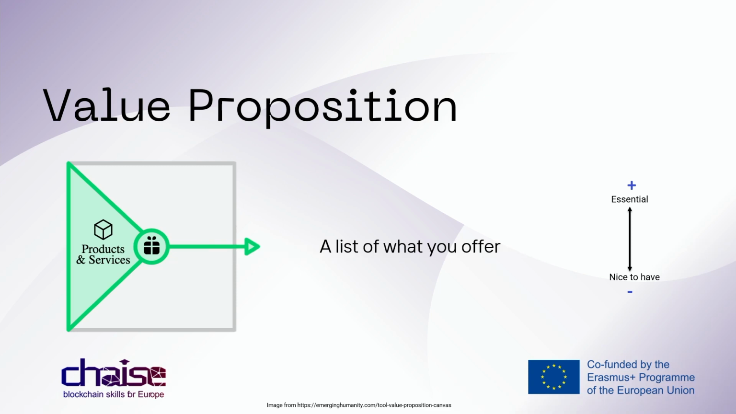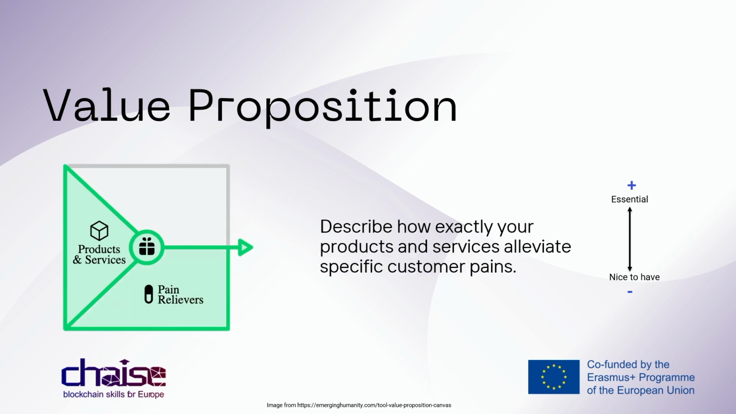So the value proposition has 3 components. First one being about products and services. This is nothing more than a list of what you offer. Search functionality, execution of a transaction, and whatever it might be. Again, some features you have are going to be essential, whereas others are more nice to have features. But this package, the list of what you offer, should